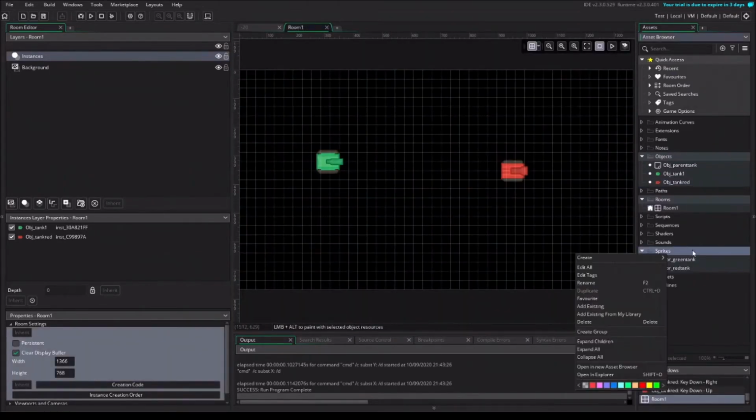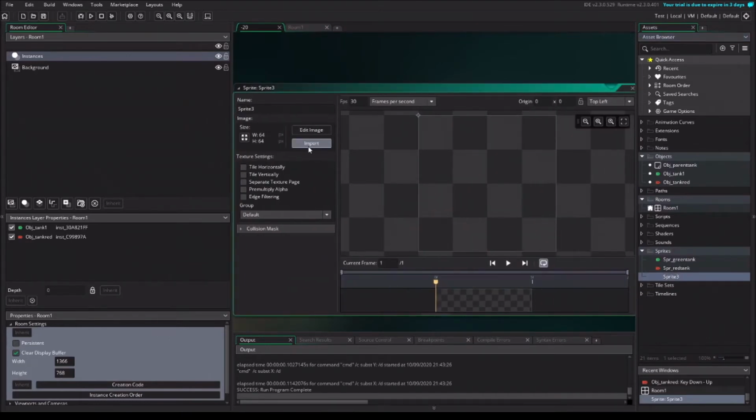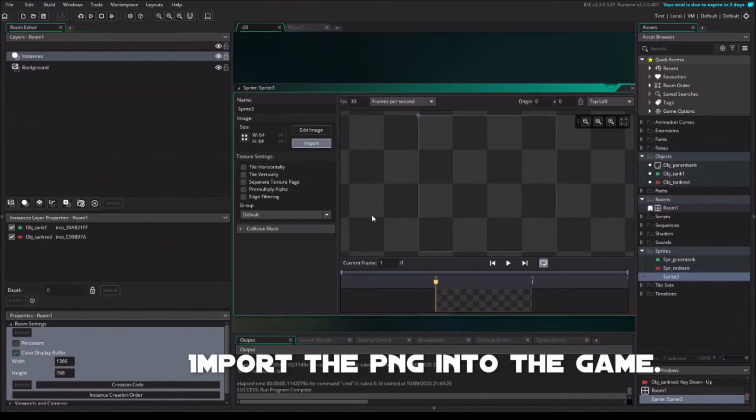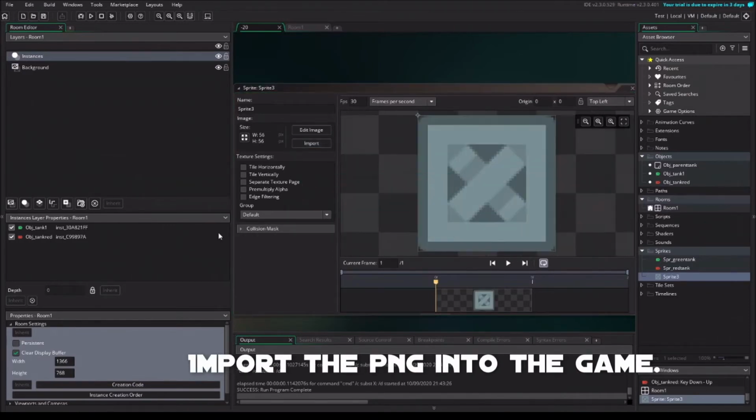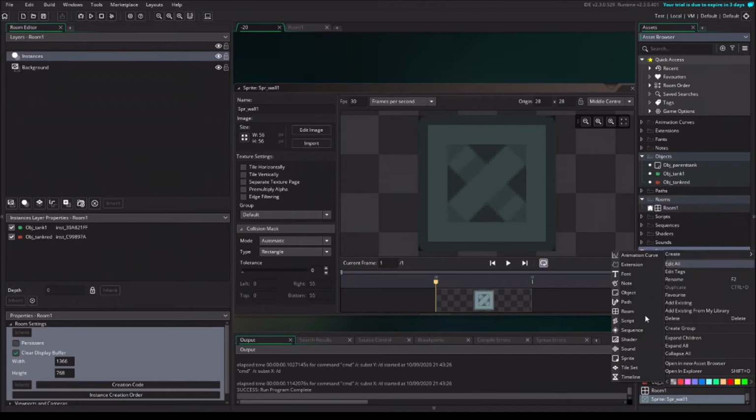Okay, now we want to have two different sprites for wall objects. So click on sprites and import the crates from the candy folder. So crate metal first. Yes, and collision mask automatic, and make it middle center. Give it a name that you can remember, or one, and create a new sprite. Create sprites,